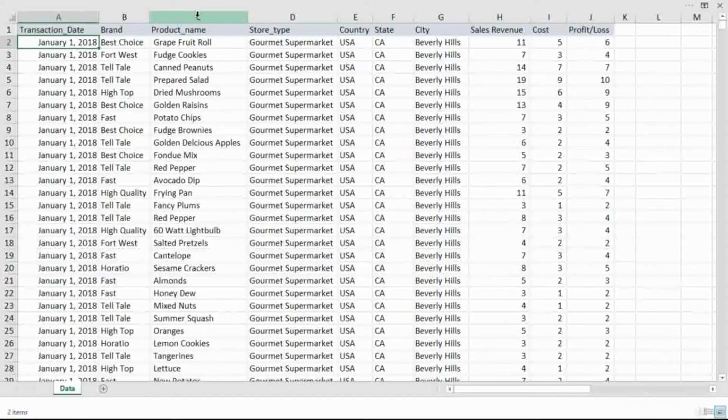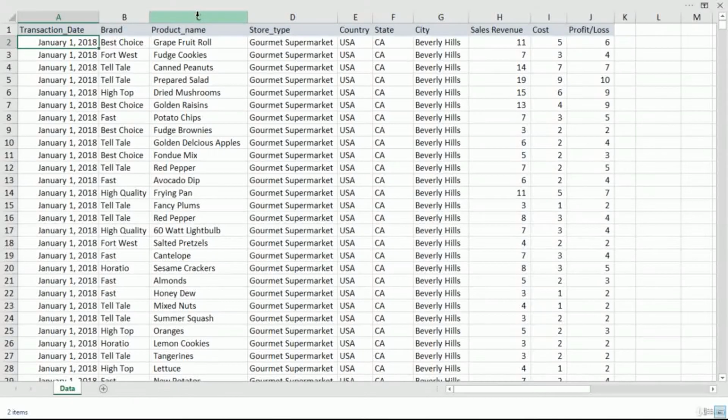Hello and welcome to one of the most exciting sections of our course. In this section, you are going to visualize the data. On the basis of the analytics that you have built in the last lecture, we are going to visualize the data. We are going to build some charts and graphs. And on the basis of that, we are going to make a dashboard where we will summarize all the information